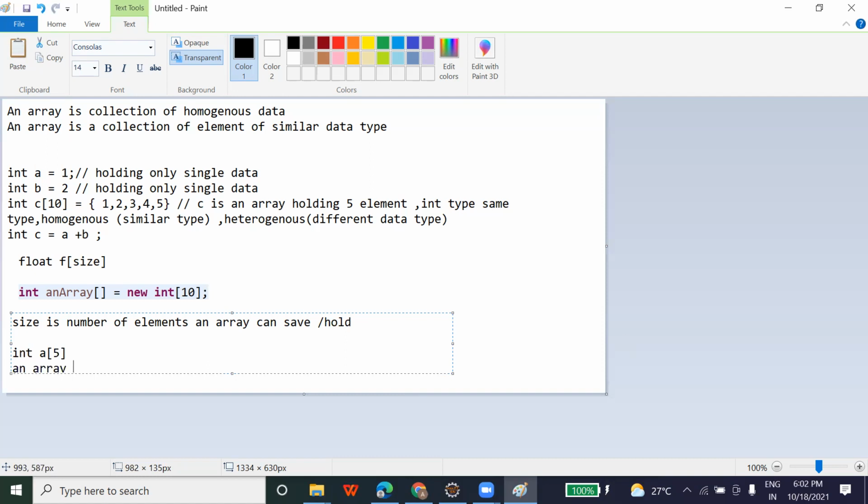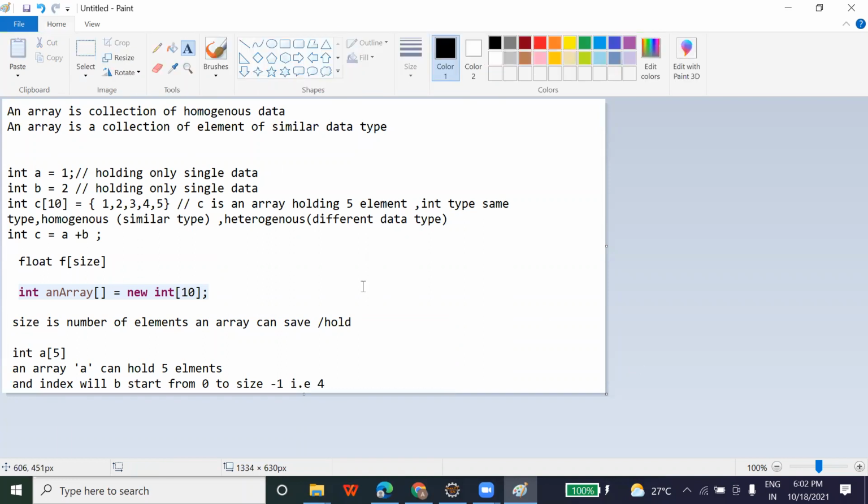Array a can hold 5 elements, and the index will start from 0 to 4, that is size minus 1, that is 4.